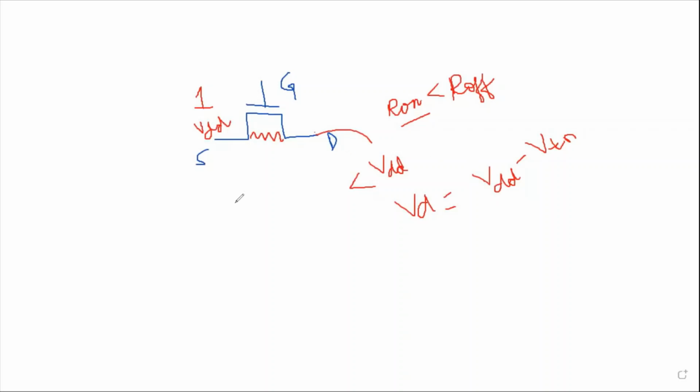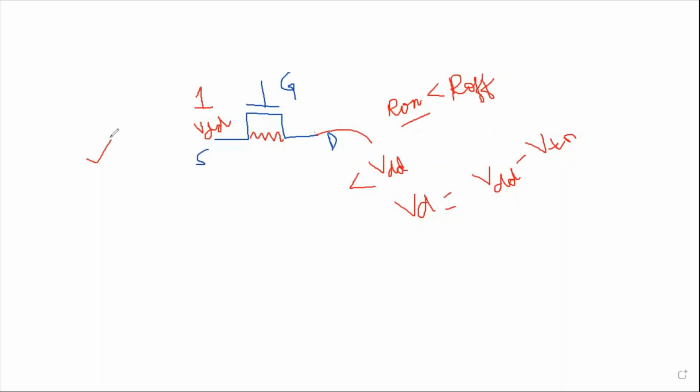So this makes my NMOS pass a strong 0, because when it is passing 0, the off resistance is going to be very high. When it is high, I am not getting any voltage level here. Already we are having a 0, plus we are having a drop across this high resistance, so nothing is coming here. So NMOS passes a strong 0, but when passing 1, it has a voltage at the output which is less than VDD. So we can say that it doesn't pass a strong 1. Hence, this makes it an ideal candidate to be used as a pull down network.